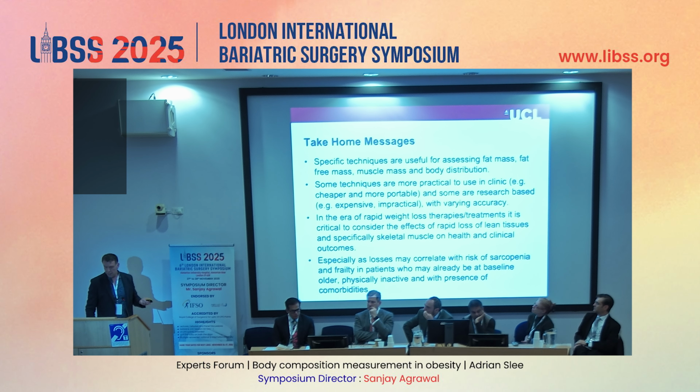So in a few minutes, hopefully I've tried to get across that, and I haven't been able to do this in detail, but first of all is that the body composition assessment is critical. In particular, looking at the skeletal muscle compartment is very important because it correlates very highly with sarcopenia and frailty risk and disability risk. And so if you have patients, most importantly, where there's rapid loss of lean tissue, for example, it could be the effects of bariatric surgery with GLP-1 agonists, this has to be looked at carefully.